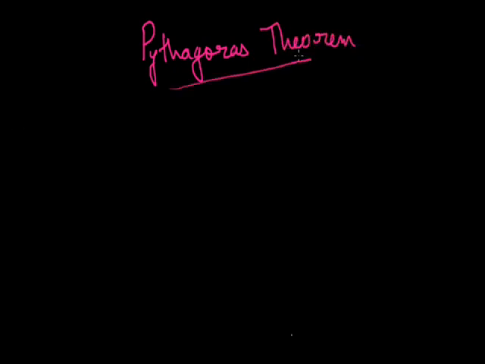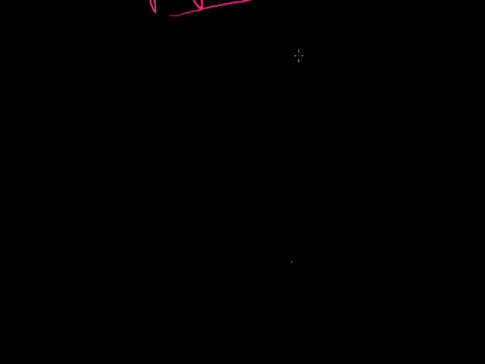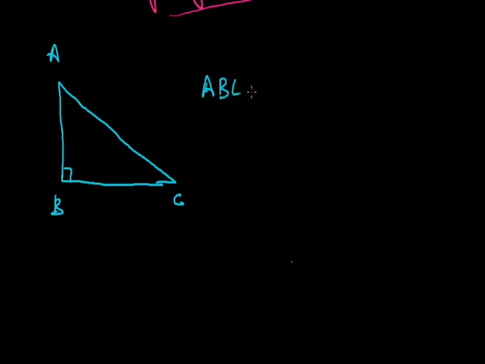Next important theorem related to triangle is Pythagoras theorem. Pythagoras theorem is related to the right angle triangle. If we are having a right angle triangle ABC, which is right angled at B, that is ABC is a right angle triangle,